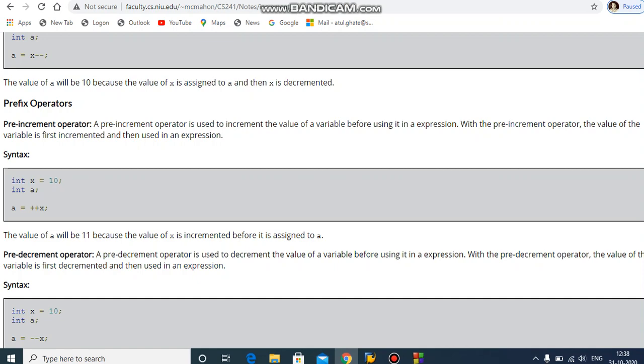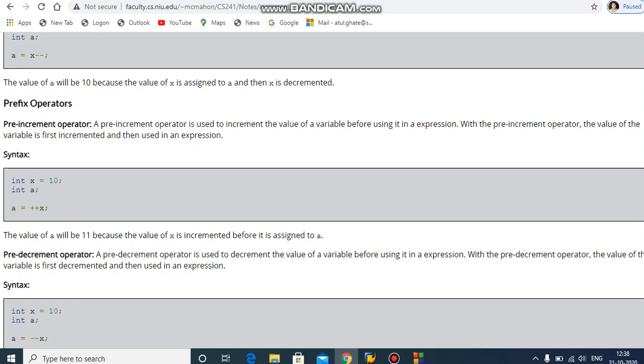Okay, so int x equals 10, then int a, then a equals plus plus x. It also means x equals x plus 1, but the value of x will be incremented first.